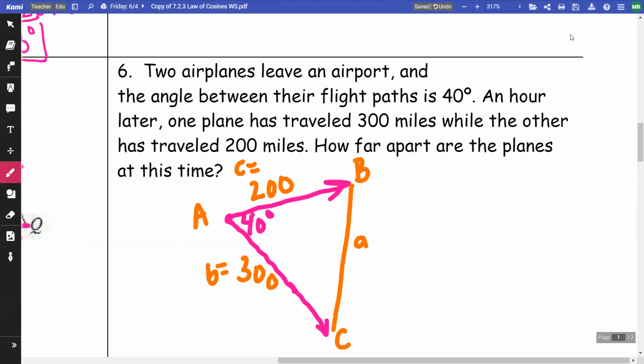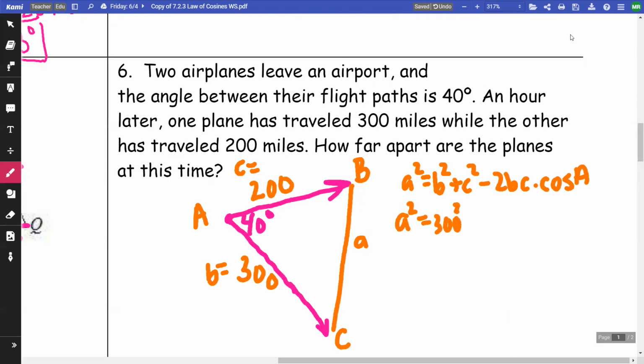As you can see, I have side, angle, side, and so I'm going to use law of cosines. a squared is equal to b squared plus c squared minus 2bc times cosine of A. So a squared is equal to 300 squared plus 200 squared minus 2 times 300 times 200